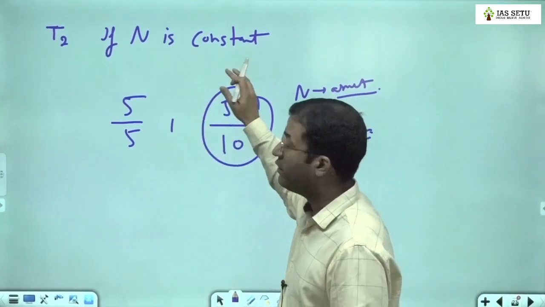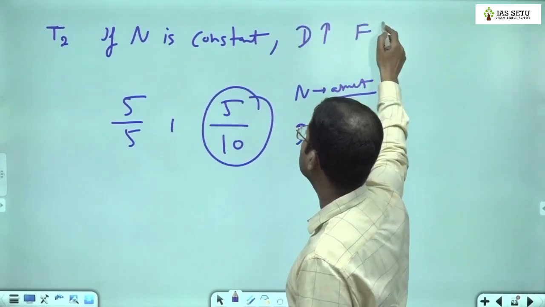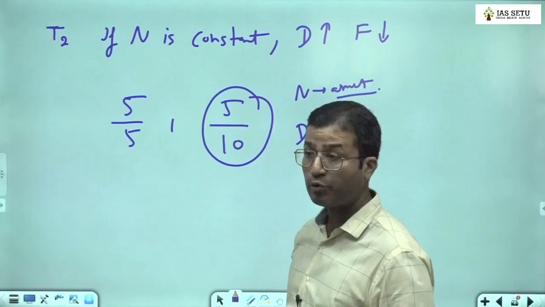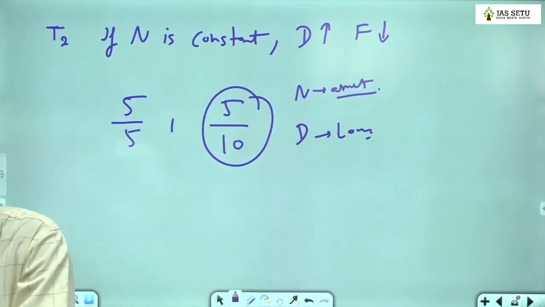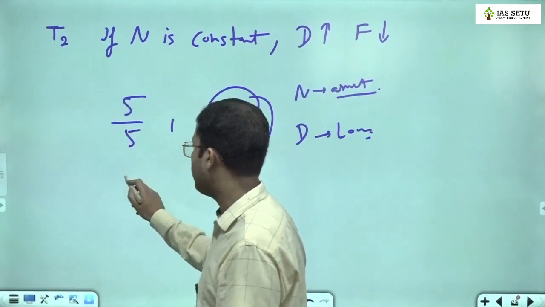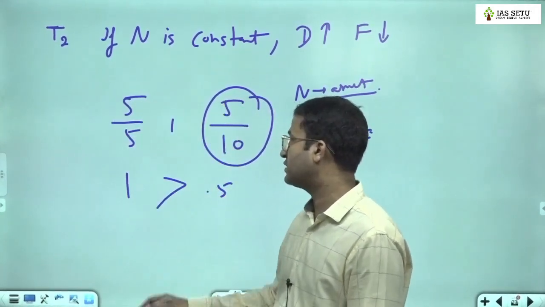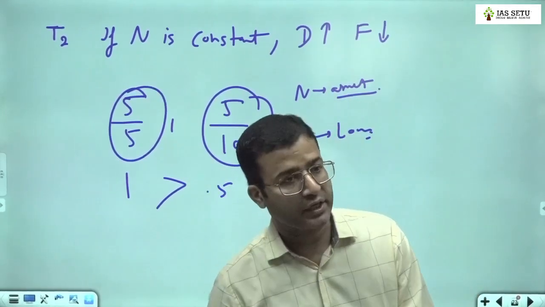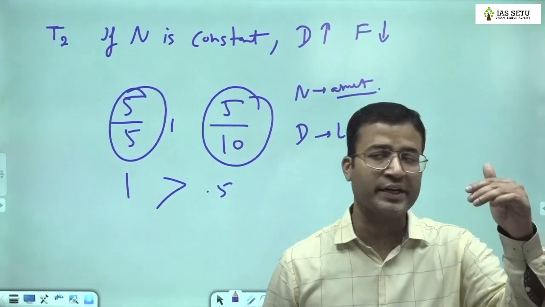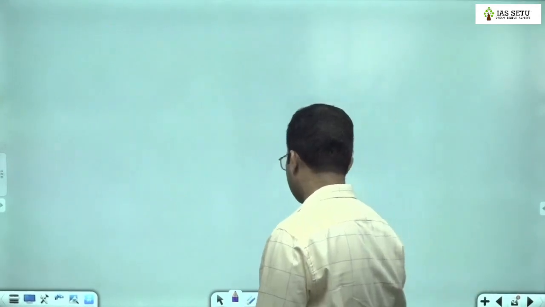See here, if numerator is constant, as denominator increases, fraction value decreases. You have to be careful here. Denominator जितना बड़ा, fraction उतना छोटा. See here, 5 by 5 is 1, 5 by 10 is half. So here 1 is larger than half. This is great. If numerator is constant, as denominator increases, fraction value decreases. Like for example,